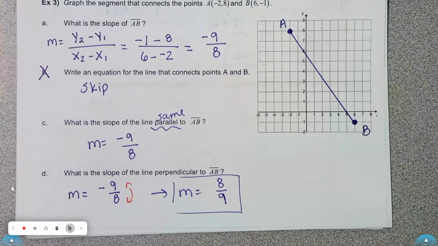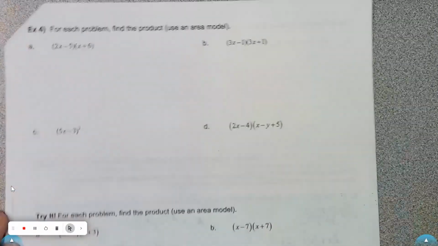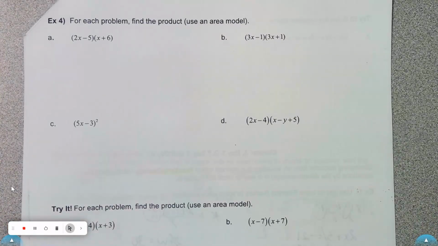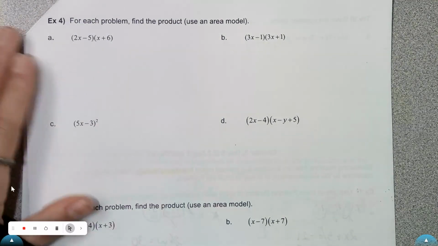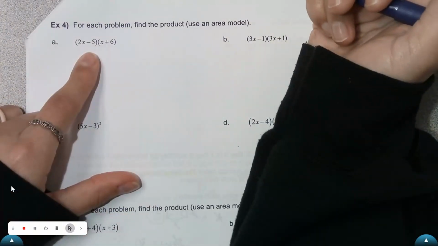All right, let's move on to the next page. We're going to talk about area models. All right, so this is a little bit different than the parallel and perpendicular slopes. So for area models, we're going to draw a box. And so in order to do an area model, we draw boxes. So for this first problem,